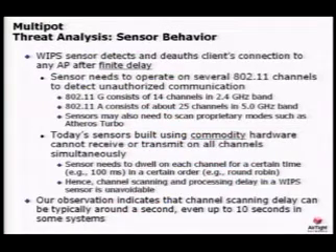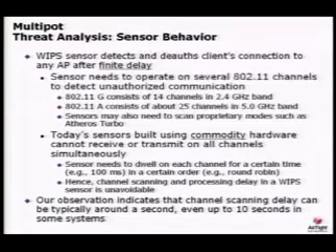So having looked at the fundamentals of multiport, let us do a threat analysis of multiport and see some of the technical details behind this. One of the things to note is that a WIPS sensor has certain finite delay associated in detecting a new association and launching the deauthentication attack. There are a couple of reasons for this. One is that the sensor needs to operate on several channels to determine or to detect any unauthorized communication.